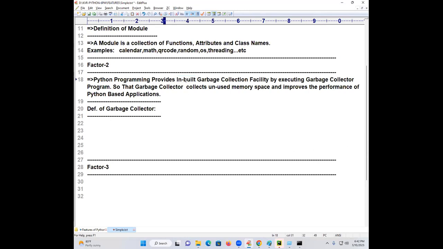Right. What is the garbage collector? Is it an inbuilt program or are we writing it? The meaning itself says inbuilt means predefined.